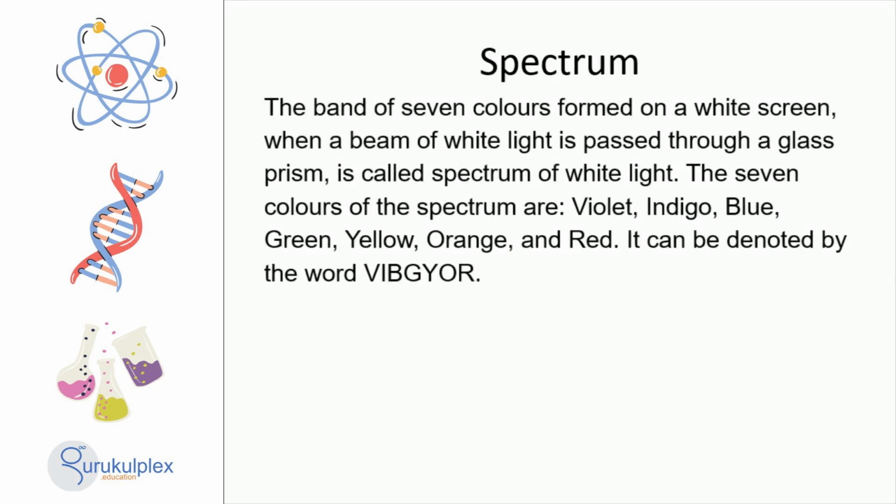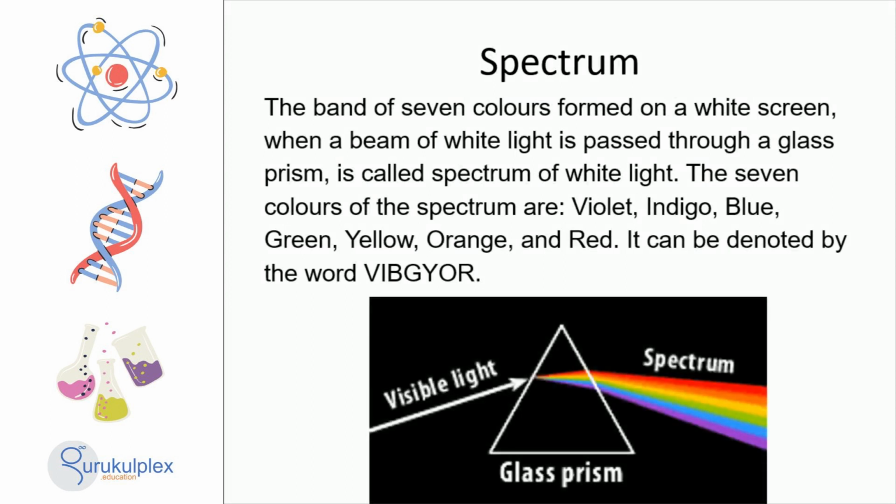When a beam of white light is passed through a glass prism, it bends and results in a visible band of the 7 colors, in order, being violet, indigo, blue, green, yellow, orange and red. This is regarded as the spectrum of white light and represented by the acronym VIBGYOR. Gaining understanding of the spectrum of white light is highly beneficial for our daily activities, enabling us to utilize light in a more effective and efficient way.